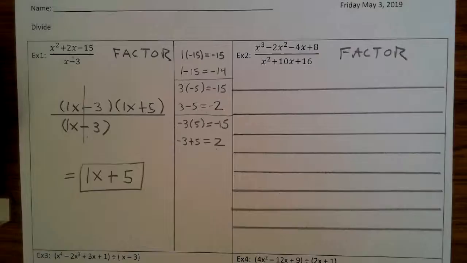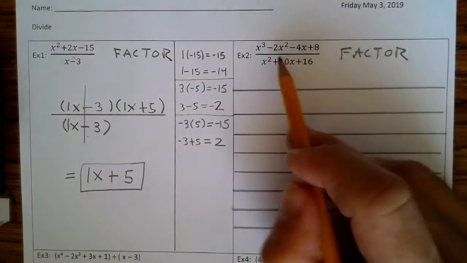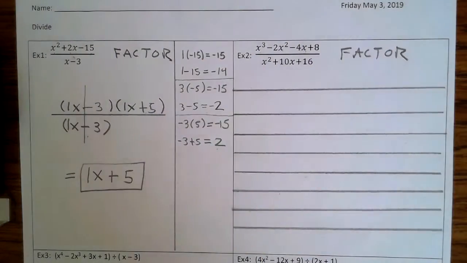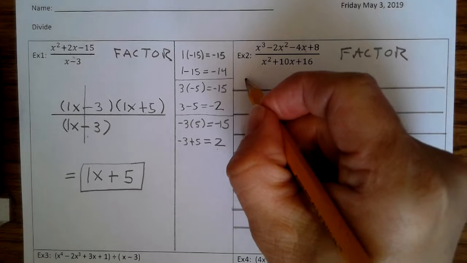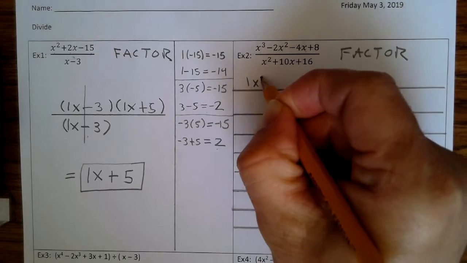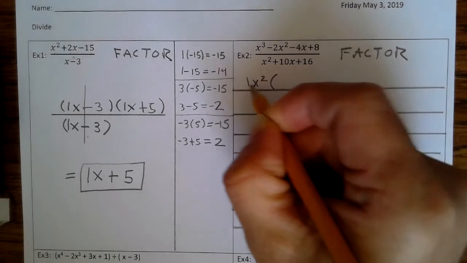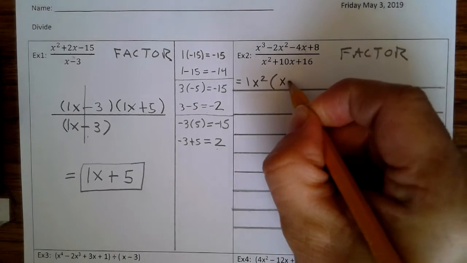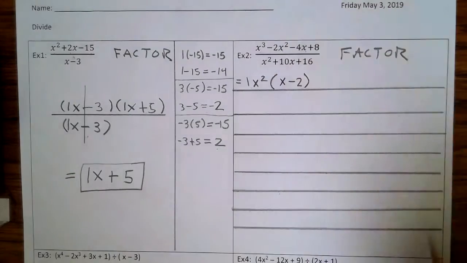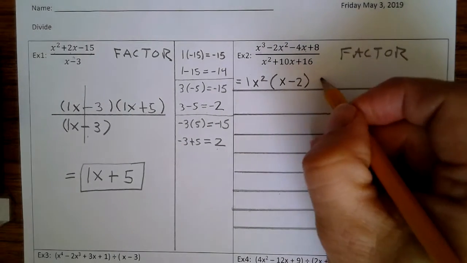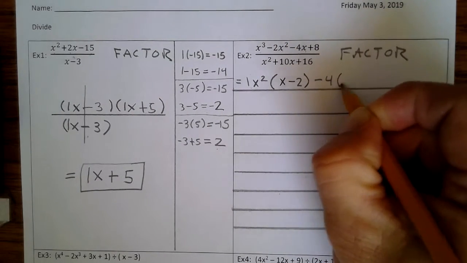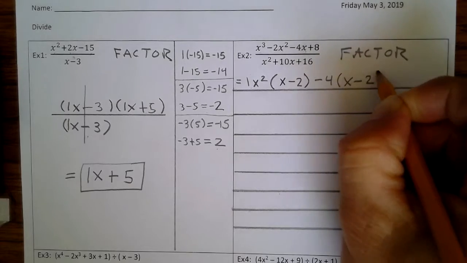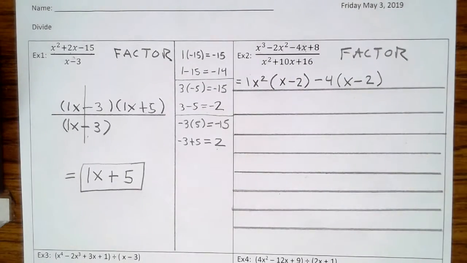Now, example 2, you're going to factor by grouping because there's 4 terms. So we can factor out a 1x squared, which leaves x minus 2. And here we're going to factor out a negative 4, which leaves x minus 2. Divided by,